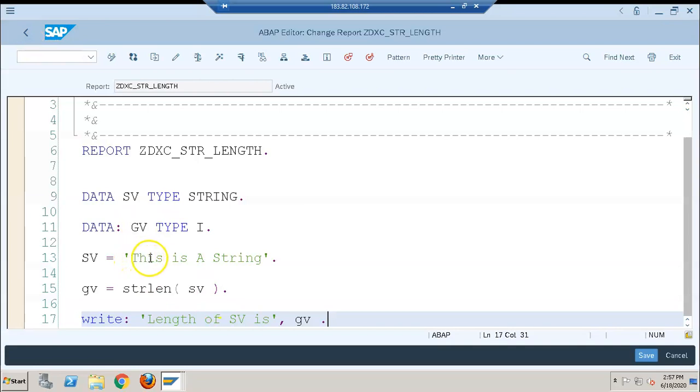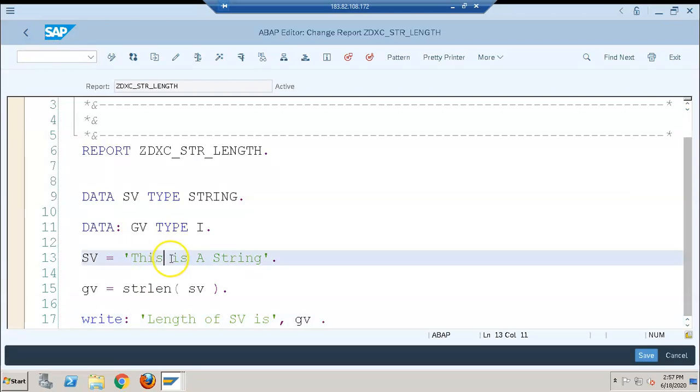If you see, 1, 2, 3, 4, 5, 6, 7, 8, 9, 10, 11, 12, 13, 14, 15, 16. Including space also will be taken as a character, right? So according to the length of this input value, it is creating the string length.